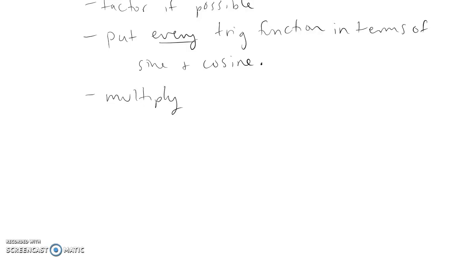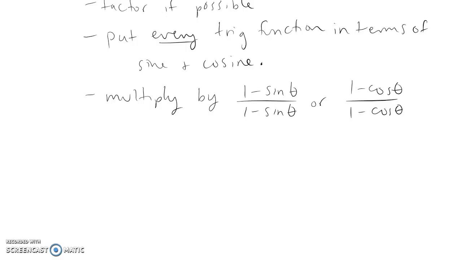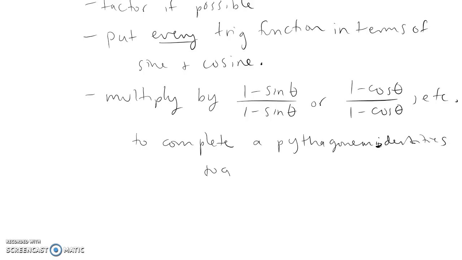Sometimes you have to introduce something new into the problem. So you could multiply by 1 minus sine theta over 1 minus sine theta, or 1 minus cosine theta over 1 minus cosine theta. Notice these are both equal to 1, right? So you're not changing anything when you do it, but sometimes, if you do it, you can complete one of the Pythagorean identities to get a 1, right? And a lot of times getting a 1 can be really part of what you want to do. All right,